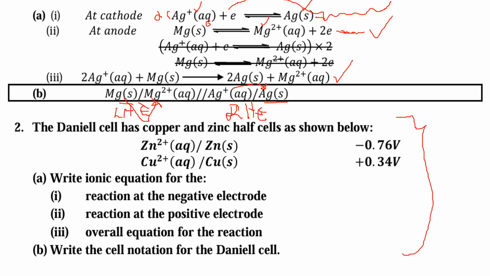If you analyze these equations, I'm seeing the oxidation state is changing from +2 to 0. That means that this is a reduction equation. Also, this one is from +2 to 0. This is also a reduction equation. That's the first step. After analyzing that, after making sure that you have the two reduction equations, you make sure